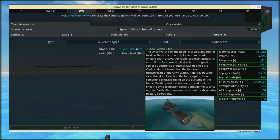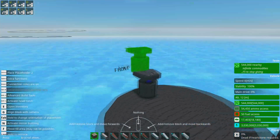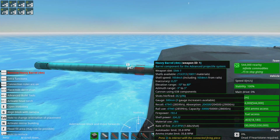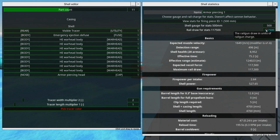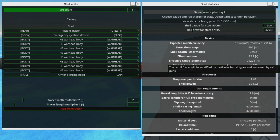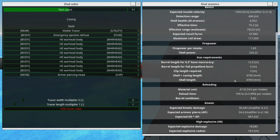What do we want to shoot at? Let's shoot at an Erie. Let's see if I can get through an Erie's lambs. Oh, let's look at the shell stats. So, railgun use 47,945. So, it's not even using anywhere close to max railgun uses, so...